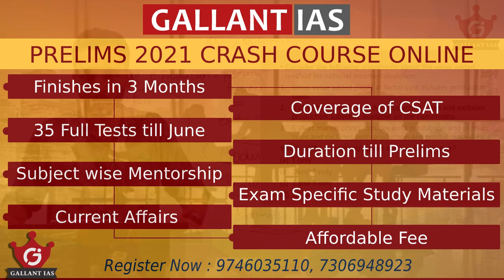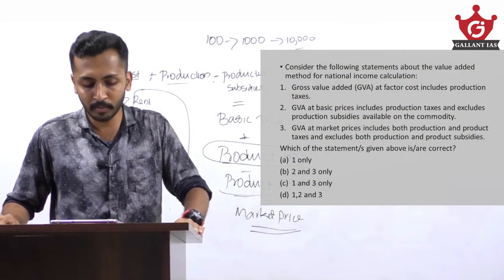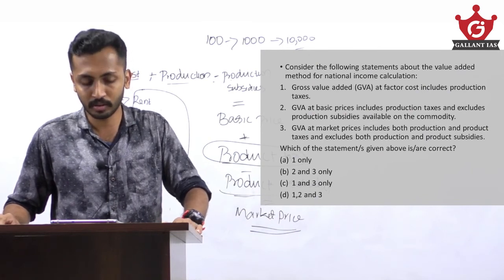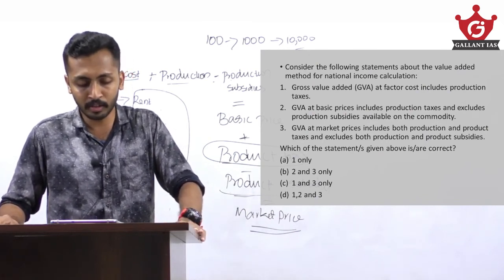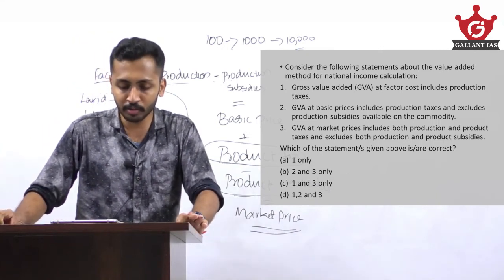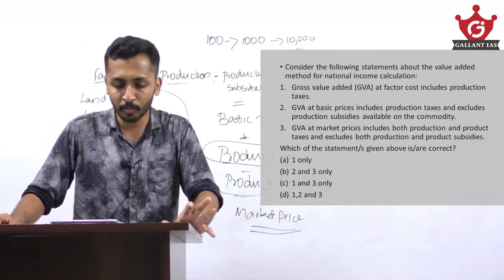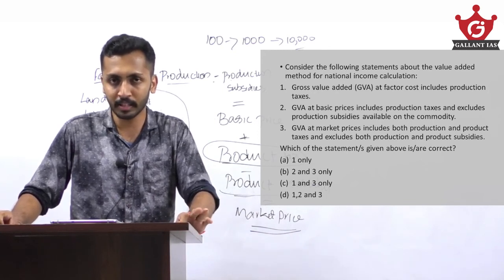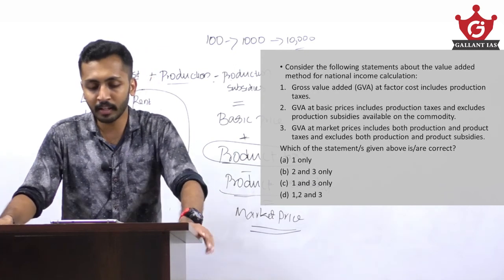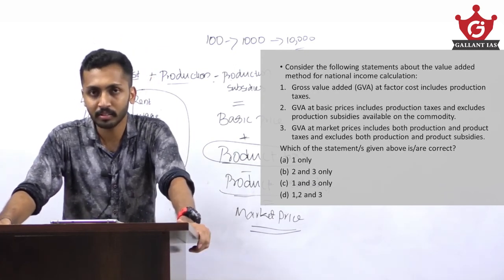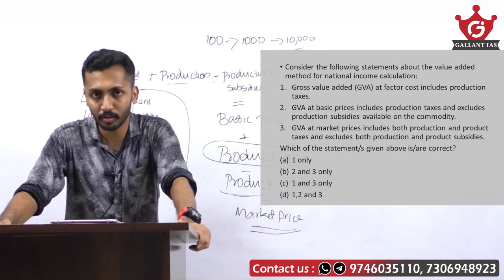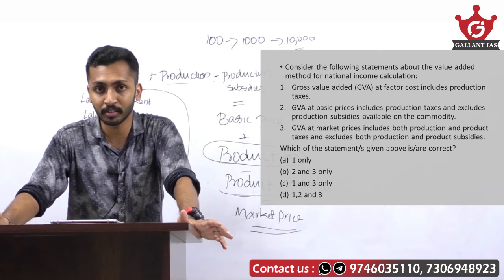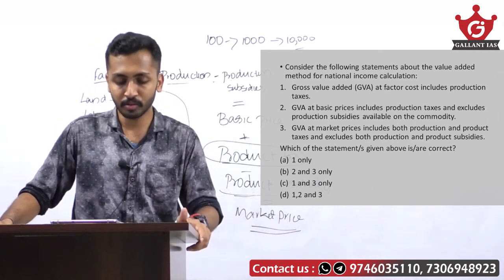If we apply the elimination method, just knowing the first statement, without any knowledge regarding the second and third statements, you can answer the question. The first statement is wrong, so you can eliminate options A, C, D, which include the first statement. So remaining is B. You get the answer, that is 2 and 3 only. Without looking at the second and third statements, you got the answer using the elimination method. So apply that kind of methods also.